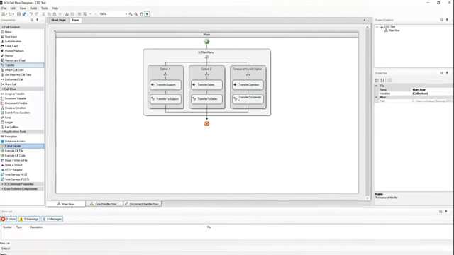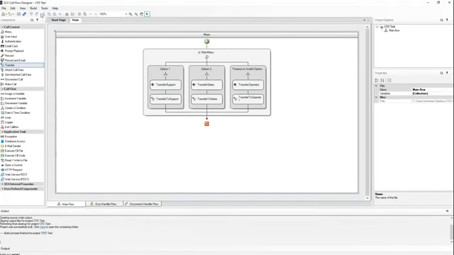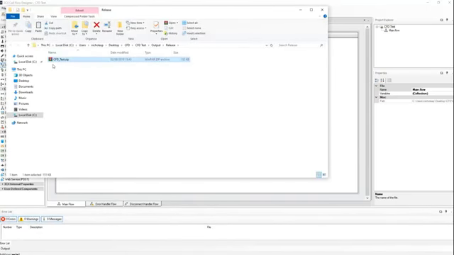So now we have finished the configuration of the call flow. We need to build the project now and have it ready to be deployed in the PBX. Go to the Build menu and select Build All. We can see that the build has been done successfully. We don't have any errors in the output. And we can click here to see it. We can see that a zip file has been created, which is now ready to upload into the PBX